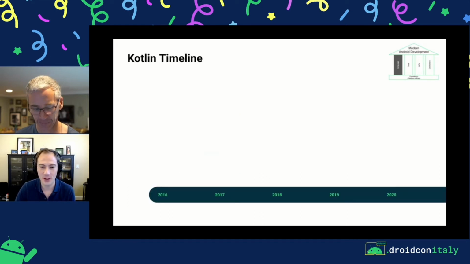So Kotlin is a programming language that is designed and developed by JetBrains. JetBrains is the company behind IntelliJ, and IntelliJ is the foundation of the Android Studio IDE. So in 2016, JetBrains released version 1.0 of Kotlin. And a lot of folks, both internally on the Android team and externally, amongst the developer community, had been paying attention to Kotlin over the years as it was maturing and getting towards 1.0. But once it hit 1.0, more and more application developers started using Kotlin in production. So we started looking at it even more seriously internally,